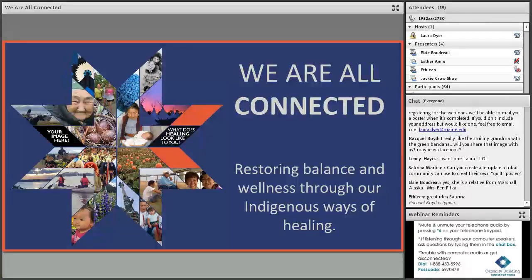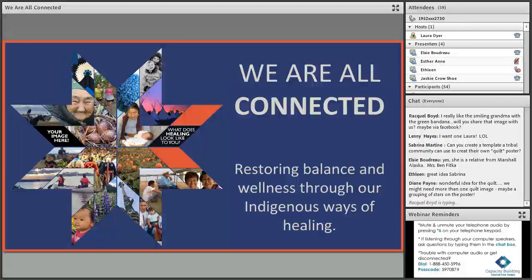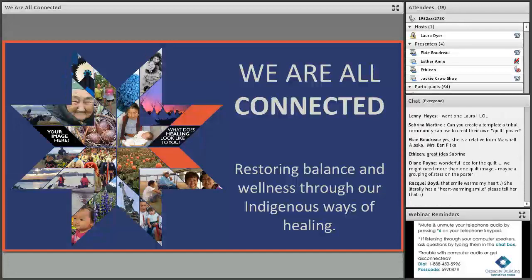So, some folks are asking about the quilt. What we want to do at the very end is be sure to create a poster. There's a question about whether we can use the template to create their own poster, and all that I'm going to have to defer probably to Laura, who could email you back, Sabrina.